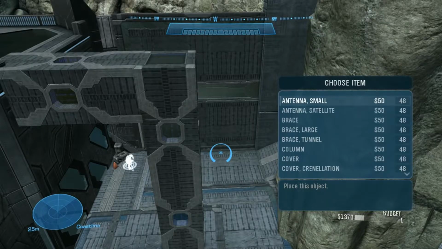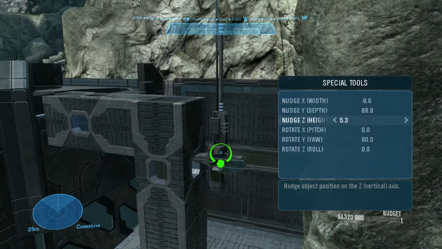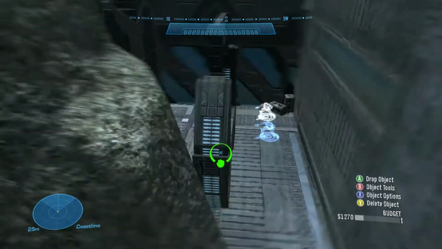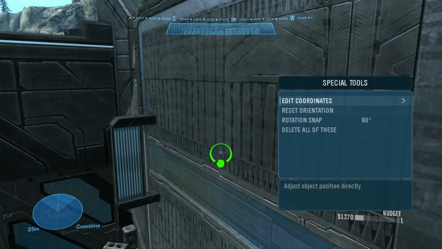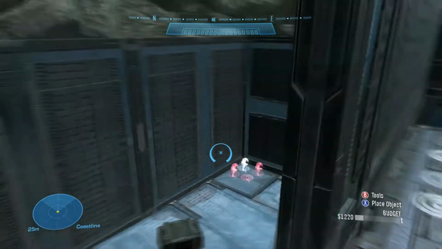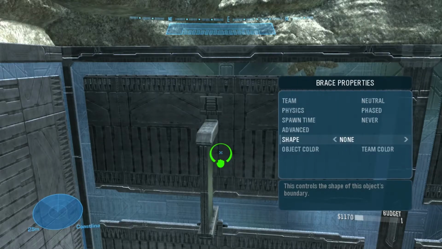Just adding supplies repeaters around. One of those I actually didn't like the placement of. In retrospect, I would have placed it on a rock somewhere closer to spawn because that other one is kind of elevated. And I'm adding these, and I noticed that these objects in the Forge menu called braces have these